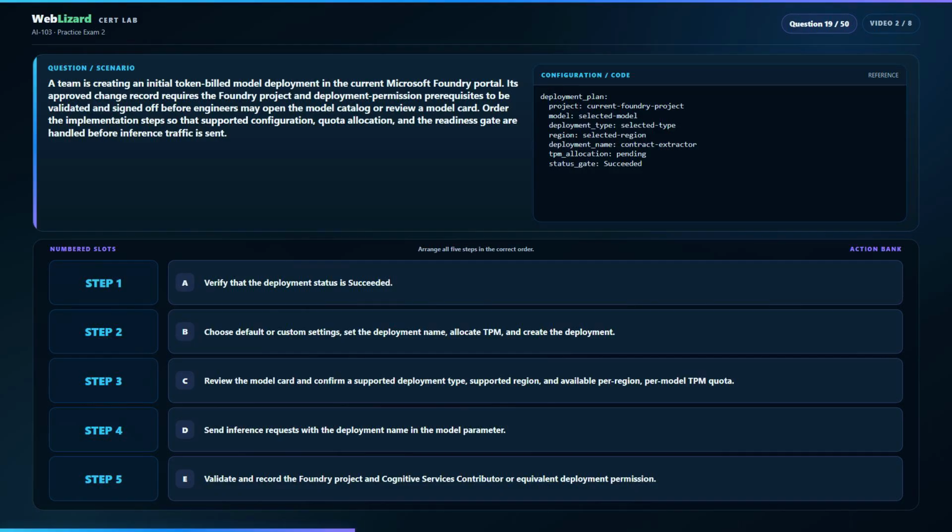Question 19. A team is creating an initial token build model deployment in the current Microsoft Foundry portal. Its approved change record requires the Foundry project and deployment permission prerequisites to be validated and signed off before engineers may open the model catalog or review a model card. Order the implementation steps so that supported configuration, quota allocation, and the readiness gate are handled before inference traffic is